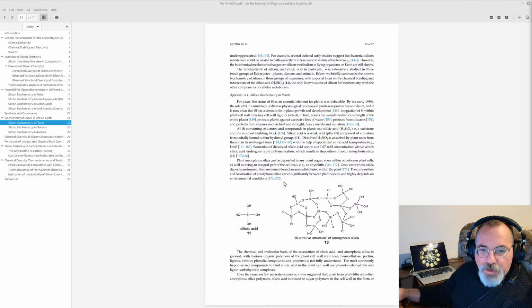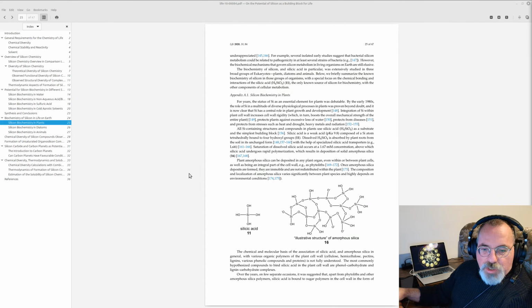So, if I am more or less understanding this correctly and interpreting, silicon is used as a structural member in plants. I'm tempted to say something like a stiffener or a rebar in concrete, for example. I think that's what that means. And my memory is tickling when I say that because I think I used to know examples of it and now I can't.